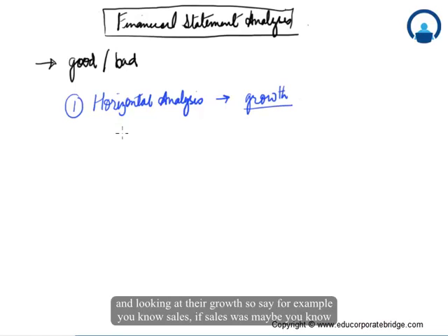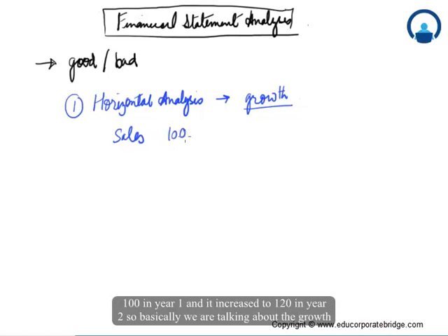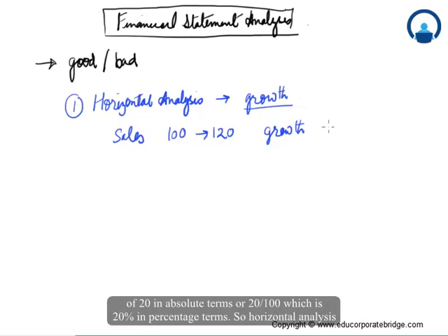Say for example, sales. If sales was maybe 100 in year 1 and it increased to 120 in year 2,